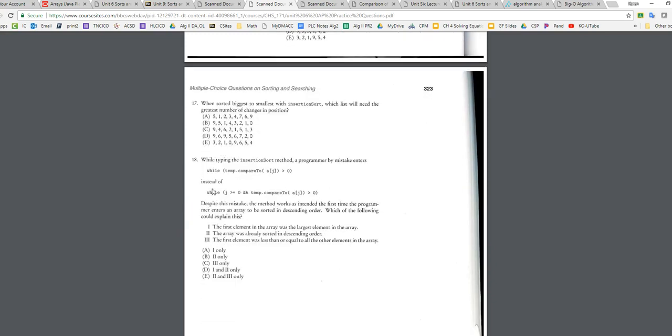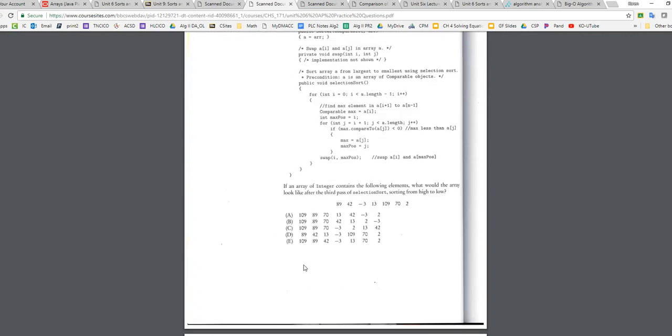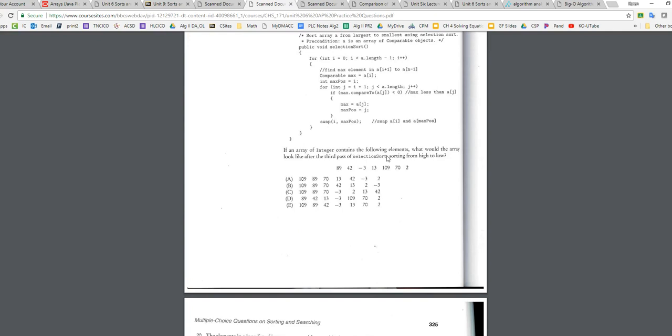Question number 18, you're using the compareTo method. You're not going to really need that for this next test, but that's a good one to look at for AP review if you're taking the AP exam. Next few algorithms: if an array contains the following elements, what would it look like after the third pass of